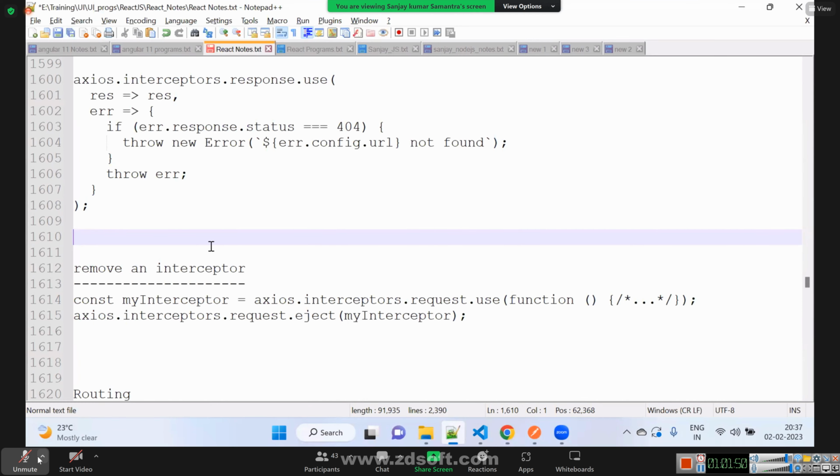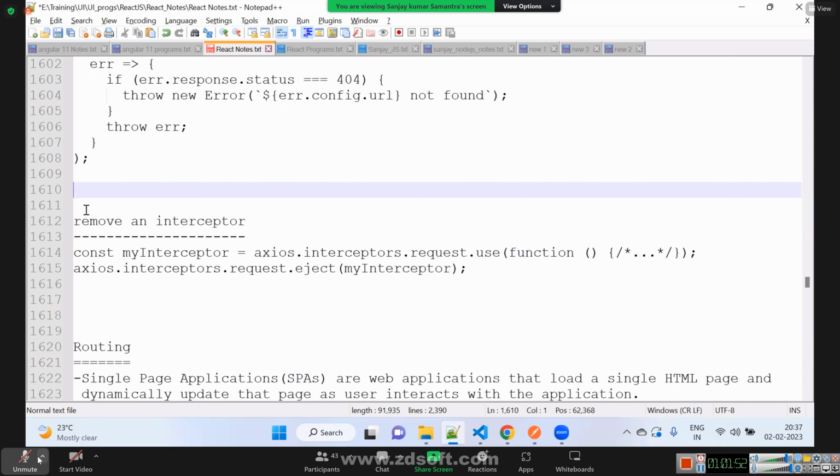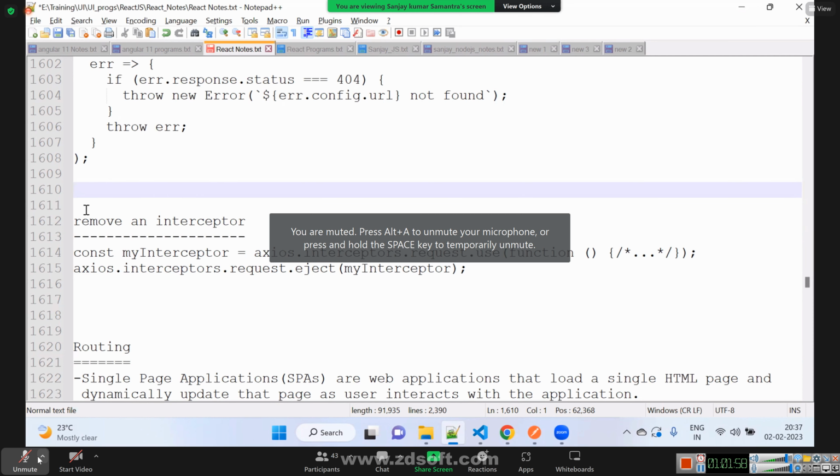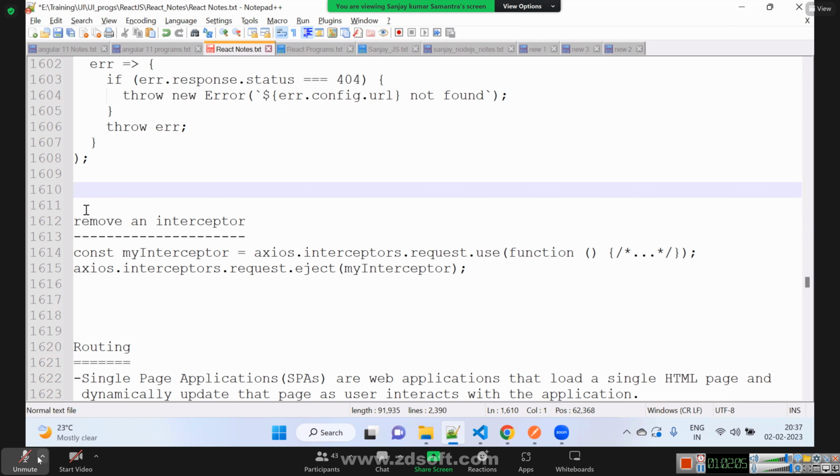Next. Suppose in my project I have 100 API calls. I want to trigger my interceptor for 90 APIs, and for 10 APIs I don't want to call the interceptor. That could be a use case, right? In that case, we can remove an interceptor also.